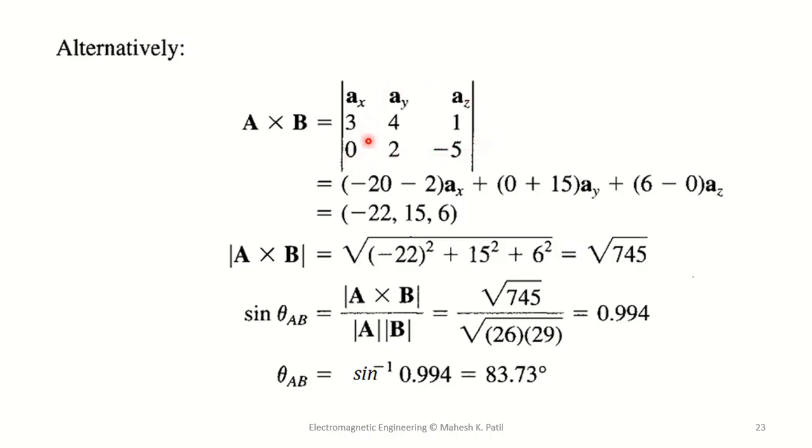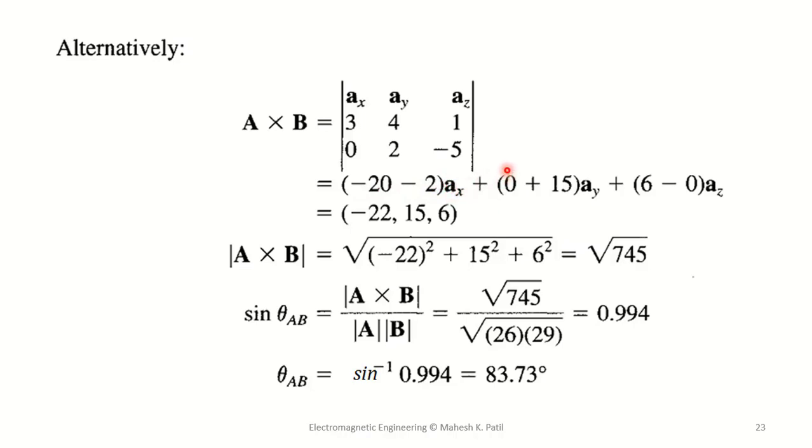So this is the determinant. We have to solve this determinant. So while solving this determinant, consider first row and first column. You neglect this. What remains? 4, 2, 1, minus 5. Do the cross product here. So minus 5 into 4, that is minus 20, minus 2 into 1, that is minus 2. So minus 20 minus 2, this is along x direction,